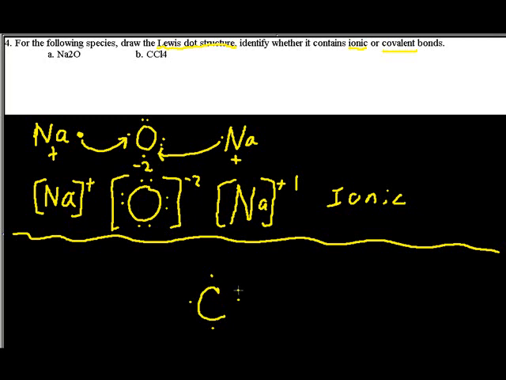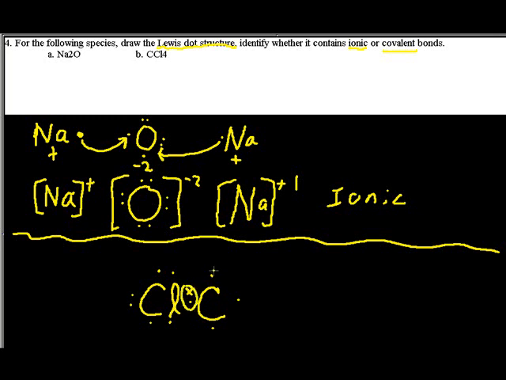The result is you'll get a sharing situation going. And the way you're going to create that is the chlorine has 1, 2, 3, 4, 5, 6, 7, and the carbon has the 1,